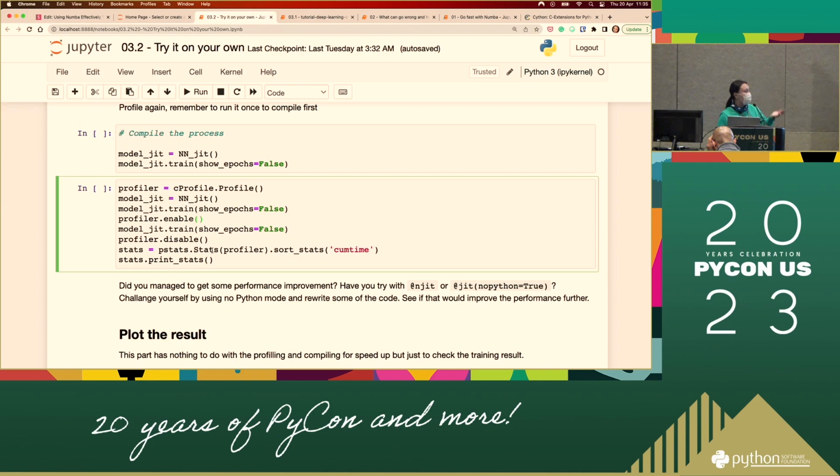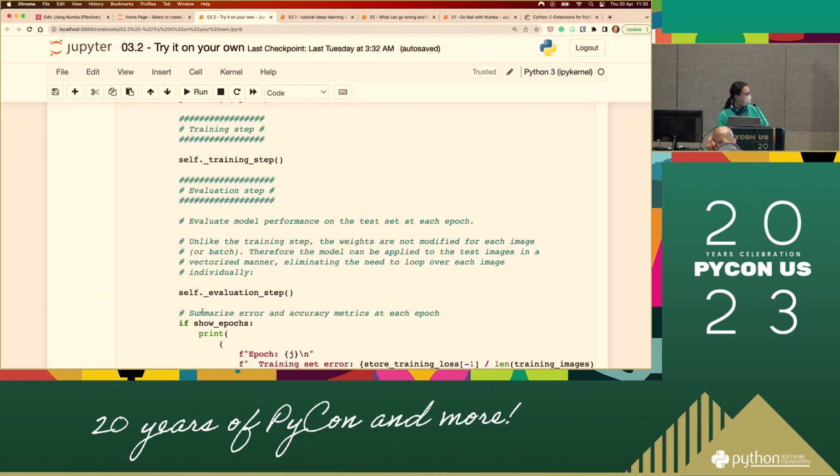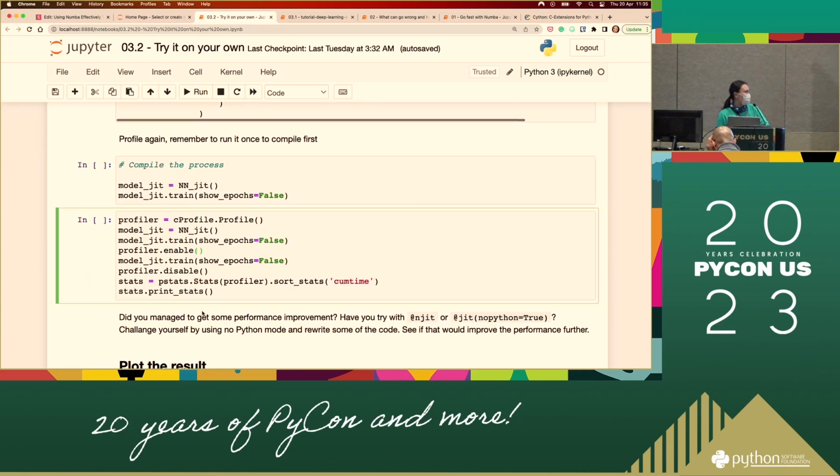again. Then you can compare the process, like how much improvement you got compared to the first time you profiled, or whether it is really worth the effort to rewrite it and make it faster. How fast can you go? So yeah, all of them are open questions. So it's now your time to try it.